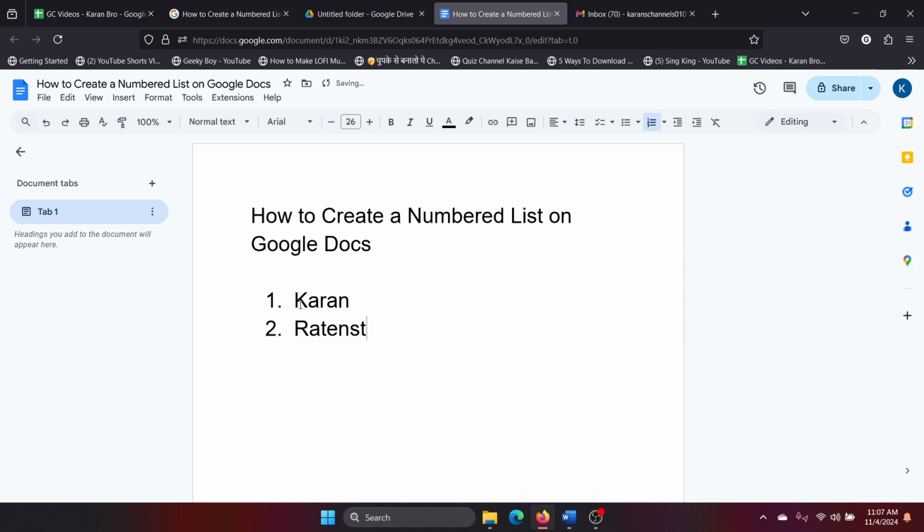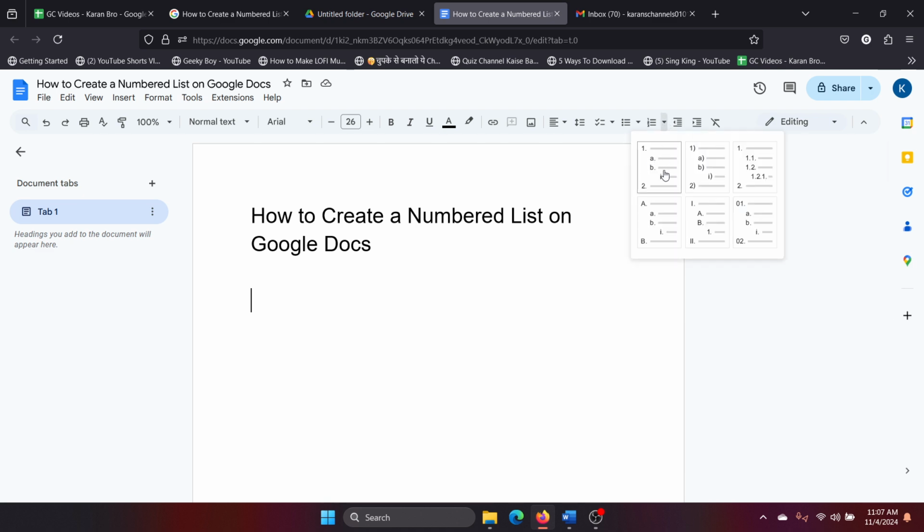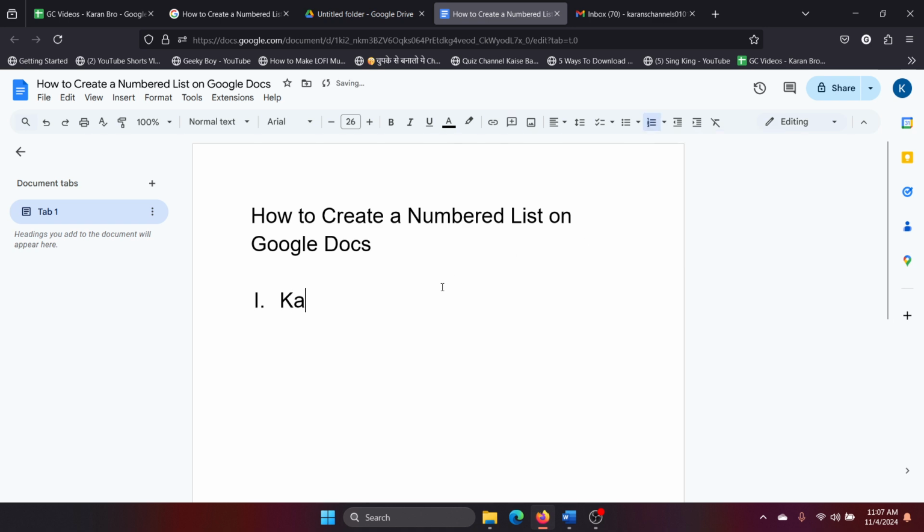But if you want more creativity like in Microsoft Word, then simply erase it. Okay, and go back. Hit enter, make sure that the cursor is at the right place. Now click on the downward pointing arrow associated with numbered list and select the number list of your choice. Okay, you can select this one, say, and then type your name or whatever you want to type and